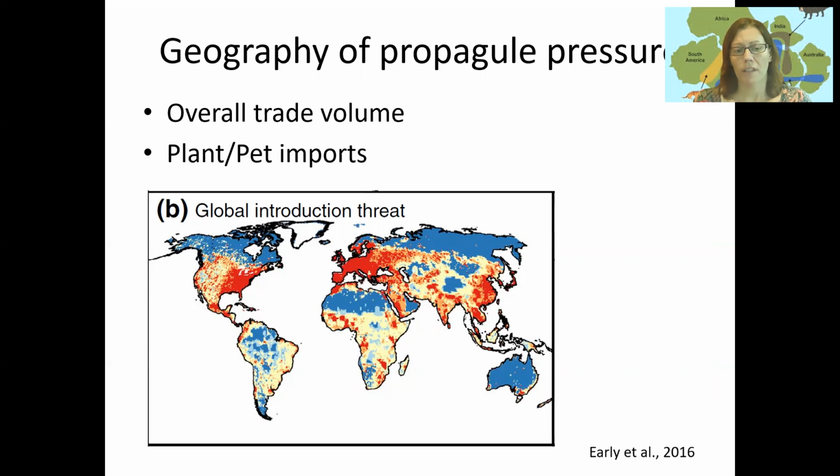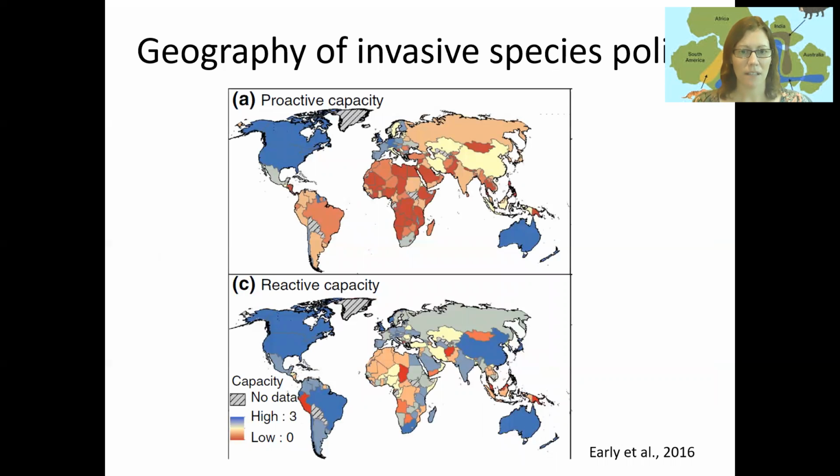So one thing that geography can do is to give us these types of risk assessments at large spatial areas, knowing not specifically about the individual species, but using these spatial proxies for how invasive species are likely to be introduced, and then highlighting areas that we might not have seen previously as potential hotspots of invasion. The other cool part about this paper is that another big piece that they looked at was